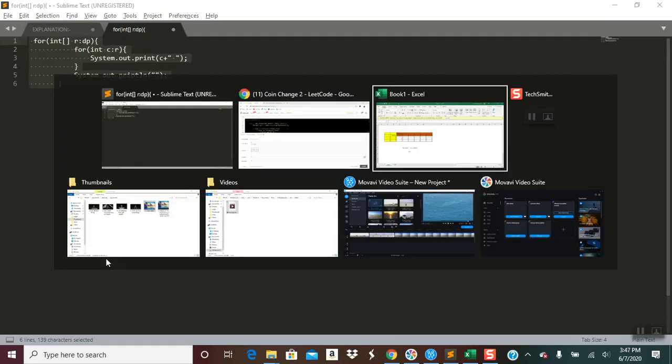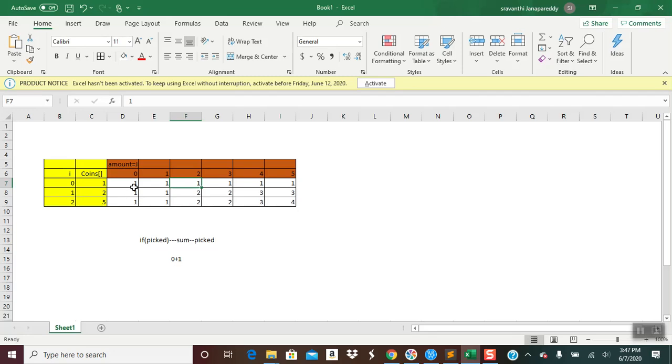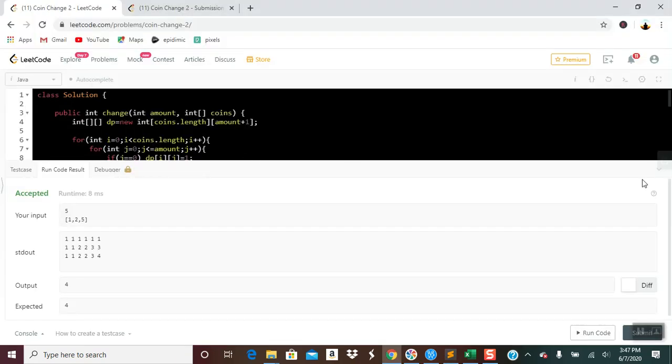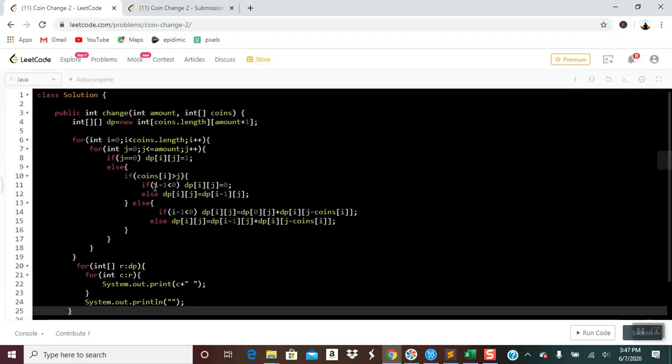If you look at this, exactly this is the table which is calculated. You understand when it is picked, when it is not picked. If it is picked, then remove that picked coin from the sum of amount. So the value you must have already processed before, pick that value. That's it. Okay, so on time complexity for this one, order of